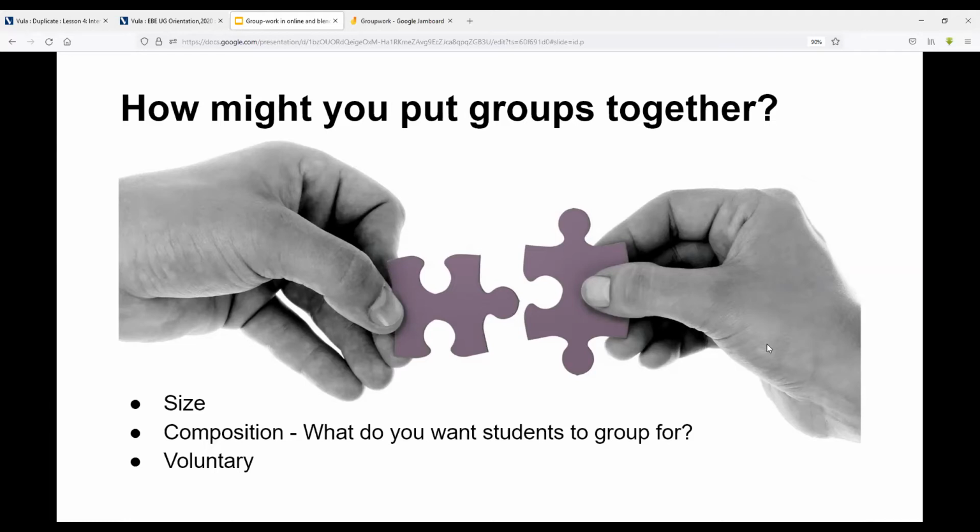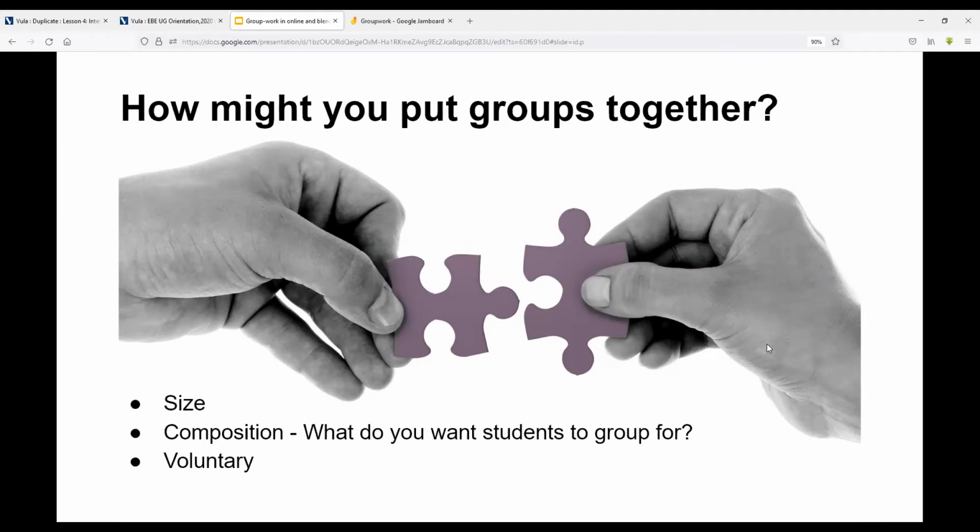I group them. Yeah. I make sure that there is an extrovert in the group who can act as the coordinator or the leader. I make sure that there are analytical people in the group. I make sure that the skills and the grades that they have are of different characters, so they can each tackle a different aspect of the course or the task. Okay, sounds very interesting. Thank you.